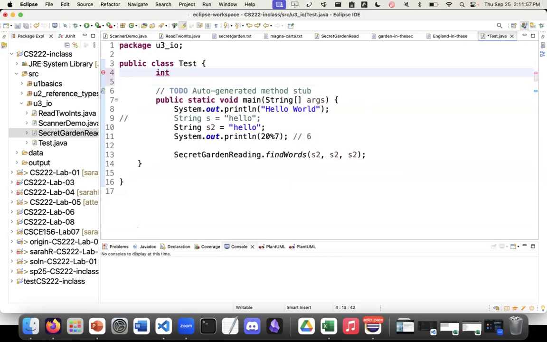And so if we declare a variable outside of a method, but still inside the class, so inside these curly brackets, that's a field. So that's a property, something that we're going to keep track of. It's basically a variable that gets declared inside the class, but outside any methods. And so once we do that, then we are able to say like,